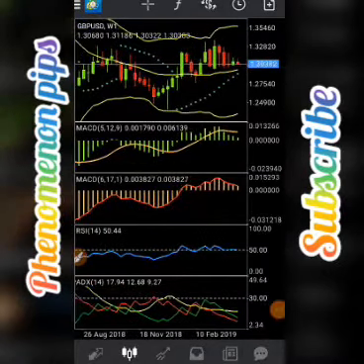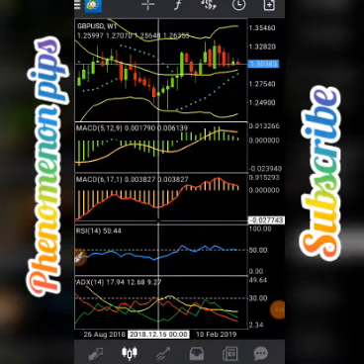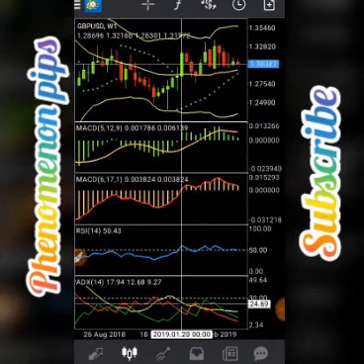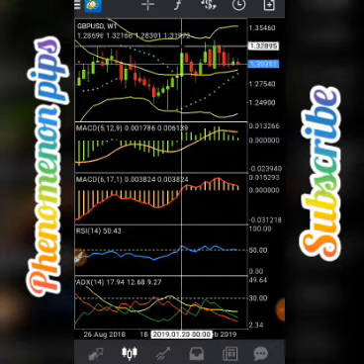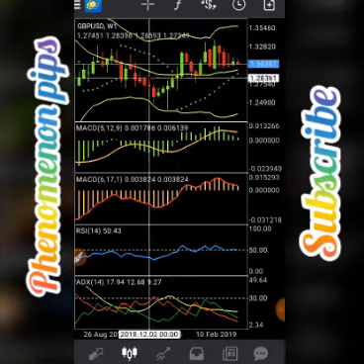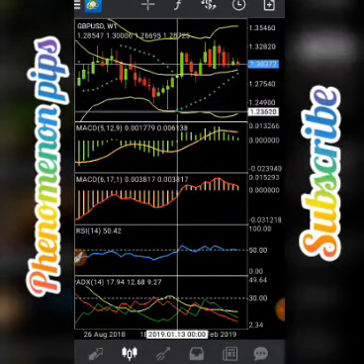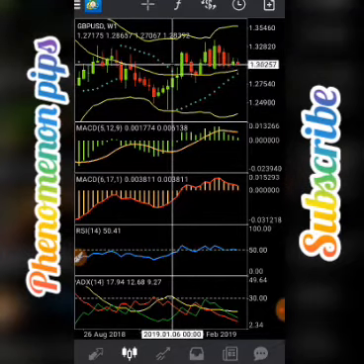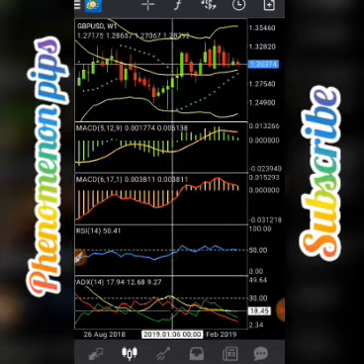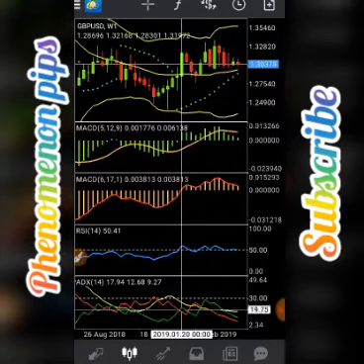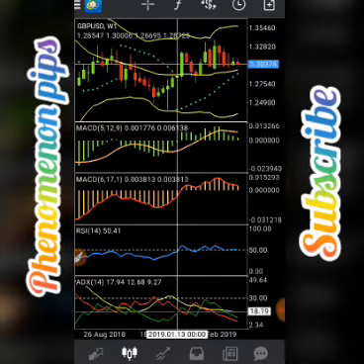Taking for example at this point, as we can see, all three lines are below the 30 line, and then we have a buy signal. Every indicator is supporting us to buy, even the public is supporting us to buy. So when you are buying at this point, knowing that we are experiencing consolidation, you want to be careful. You can close the trade even before you get your take profit, because